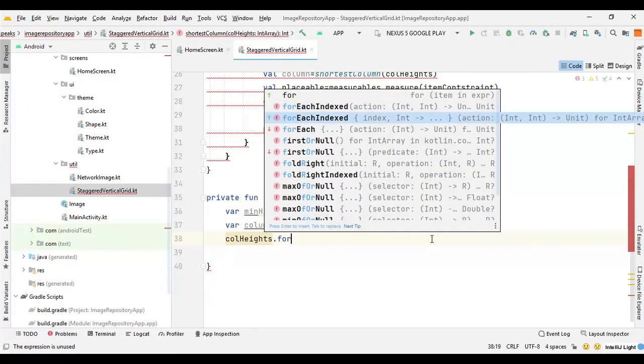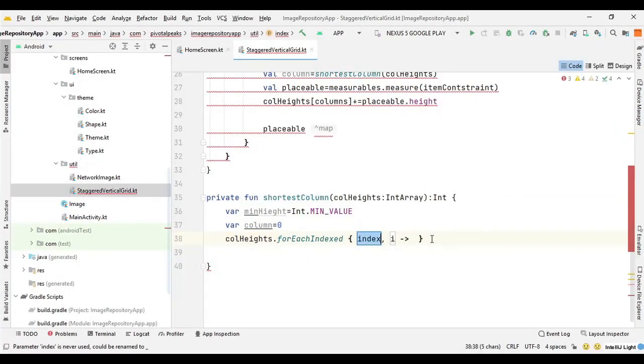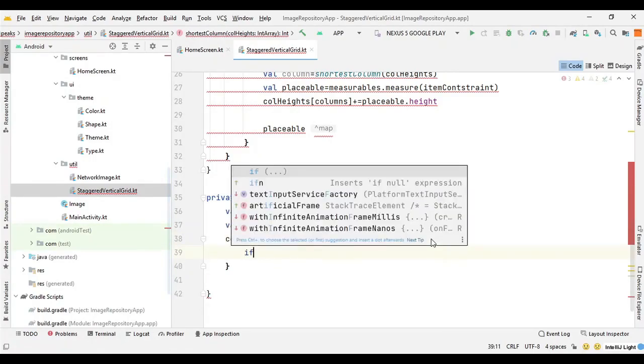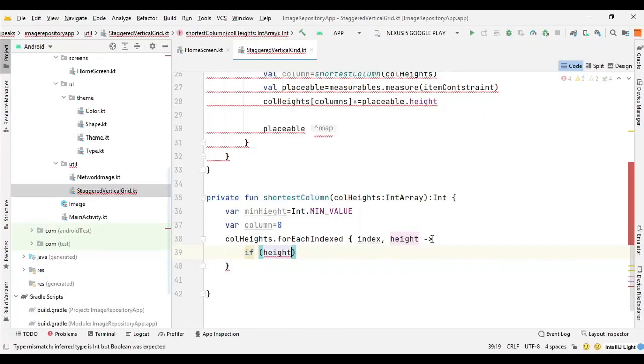Now we need to measure the height for each index, so we can say column heights dot for each index, and here it requires the index and the height, so I'm going to change it to height, and here we will just use an if statement to check the height. So we can say if height is smaller than minimum height,